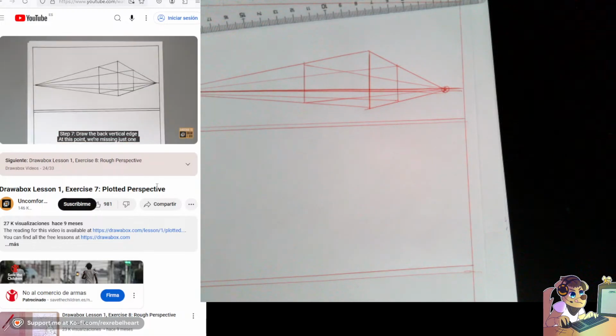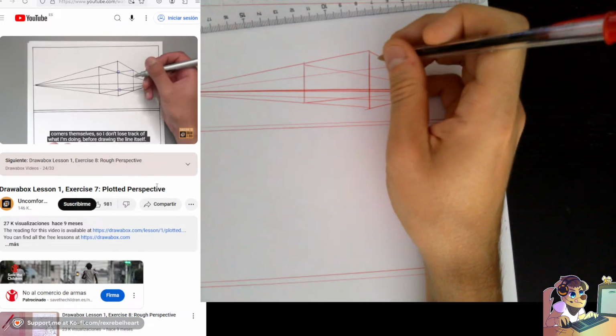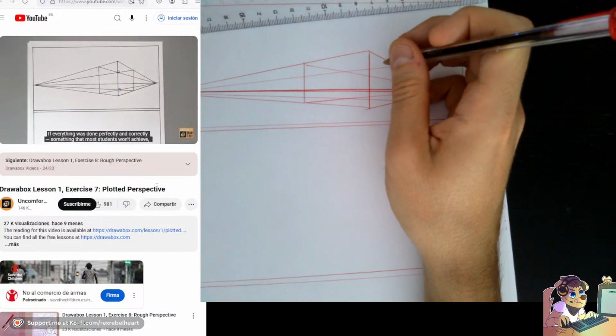At this point, we're missing just one last edge. We draw this by connecting the two backmost corners. I like to first mark out the corners themselves so I don't lose track of what I'm doing before drawing the line itself. If everything was done perfectly and correctly,